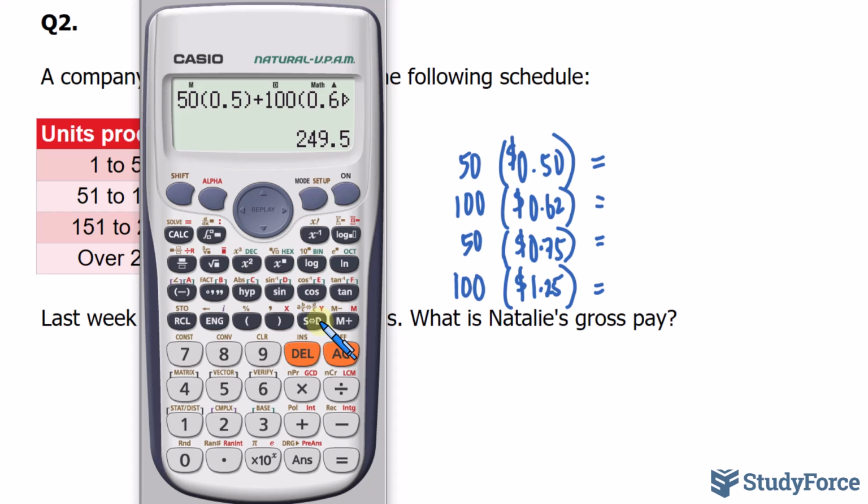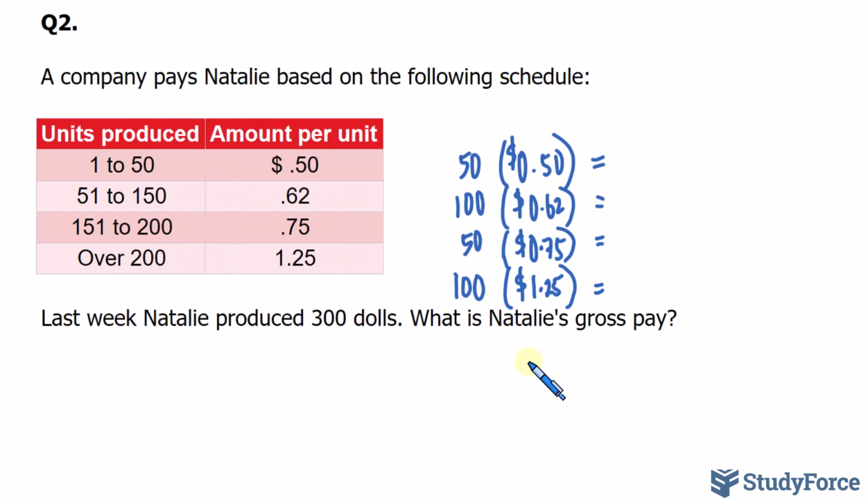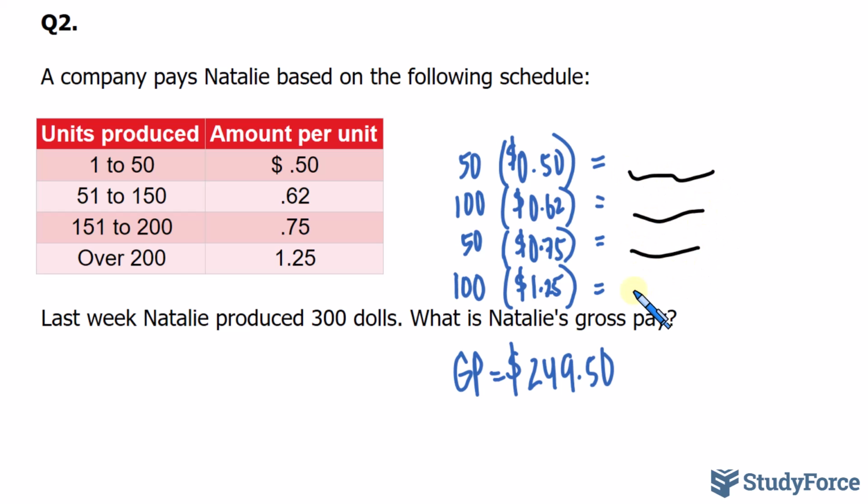And we end up getting a grand total of $249.50. So that's the gross pay for Natalie, given this differential pay schedule. Now, if you're doing this on paper, make sure that you compute each of these values just for reference, then add them up to show